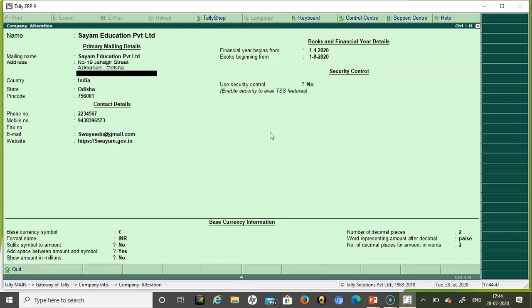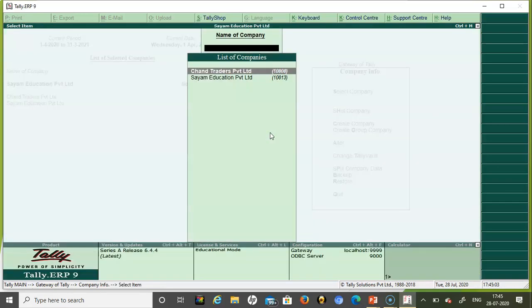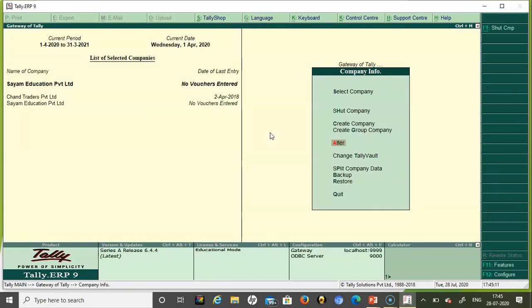I'm not changing anything else. Everything is the same, I keep on pressing enter. After that, accept yes. Press enter or press Y on your keyboard. I'm pressing enter. Now the name of the company changes to Siam Education Private Limited. You have altered the name of the company.